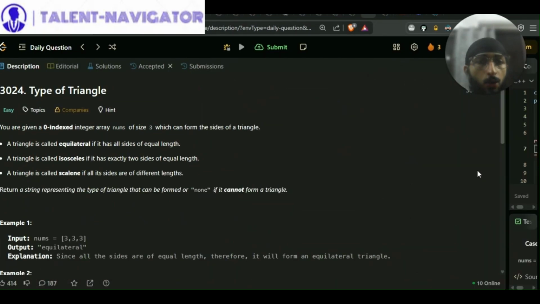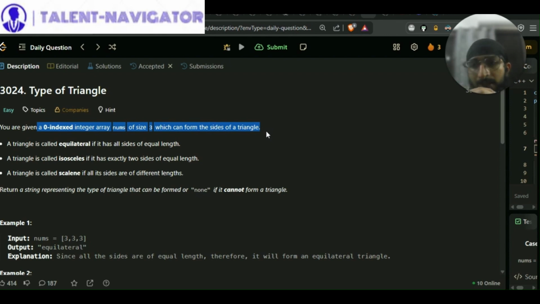Alright, so in this video, we're going to be talking about LeetCode problem number 3024, which is Type of Triangle. In this problem, you can see that it's marked as an easy problem, and it is, yes, indeed, very easy. So you've been given a zero-indexed integer array, nums, of size 3, which will store the sides of